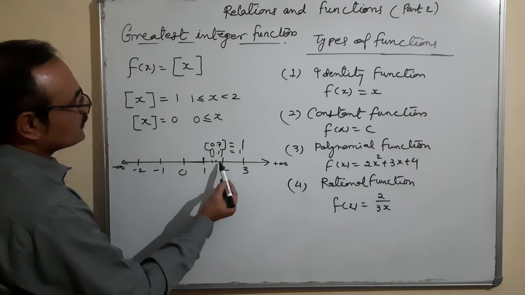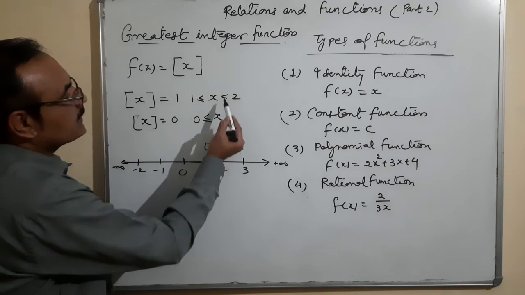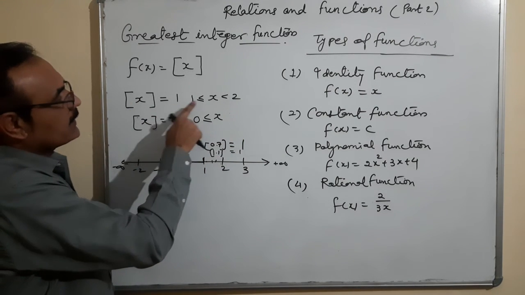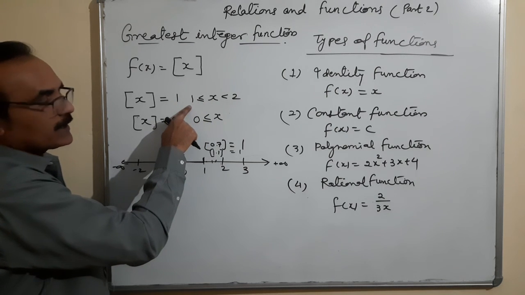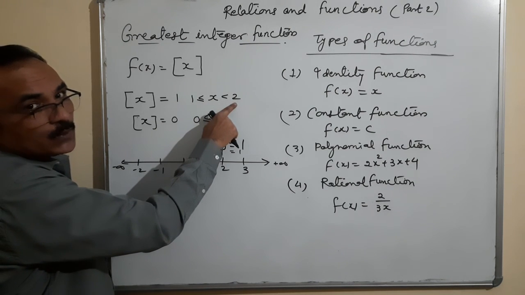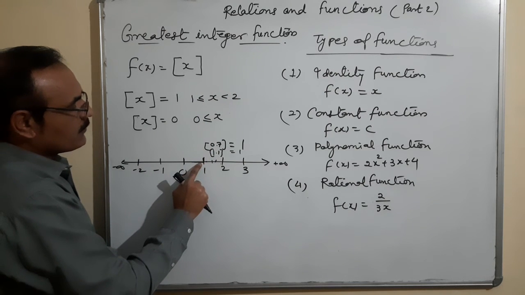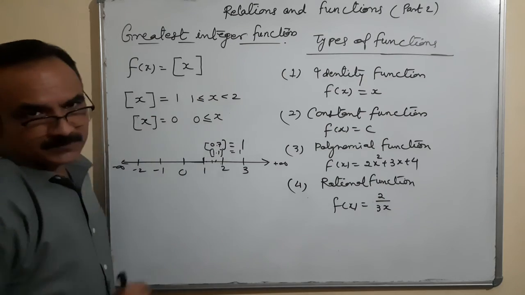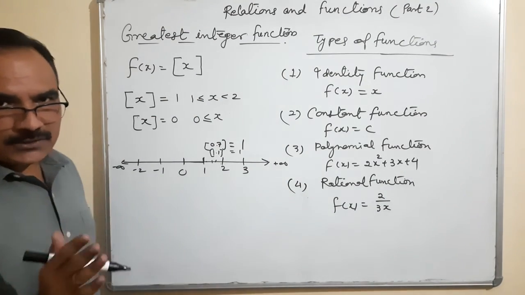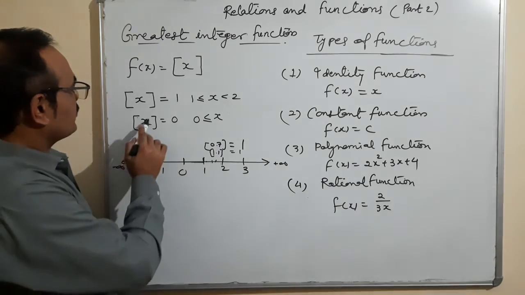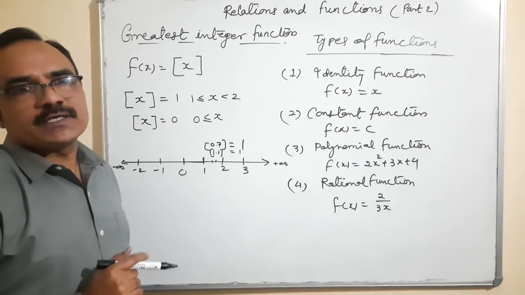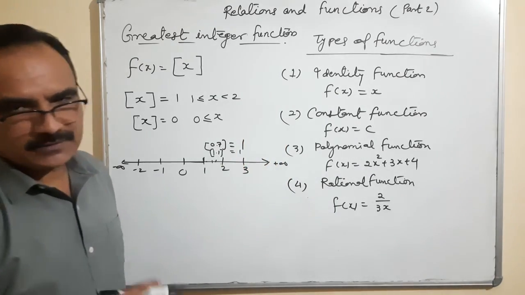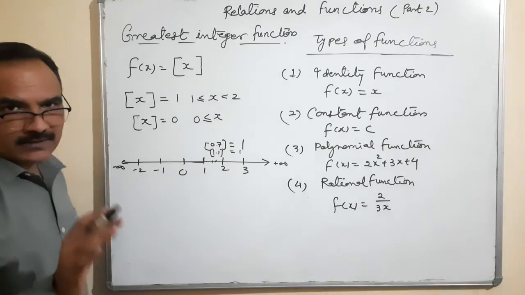If greatest integer function of x is equal to 1, that means the value of x is 1 included and 2 is not included, less than 2. Starting from 1 to less than 2, whatever the numbers are coming, their value is 1 only. Okay. So have you understood the meaning? Whatever the numbers are coming in the greatest integer function, on the number line, just the left hand integer is the answer of it. Simple. On the left hand side of the number line.